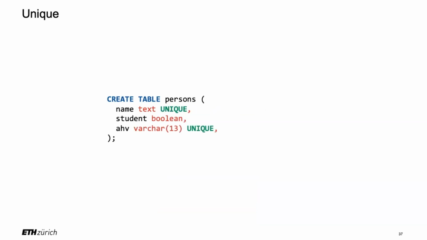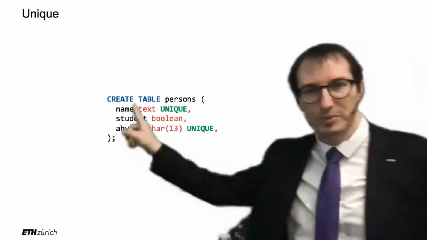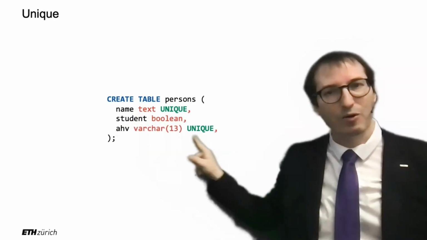Now we have yet another constraint that's called unique. Unique makes sure that you cannot have twice the same value in the column. Example, you have a table of people, social security number. You cannot have two people with the same social security number. So you can just say, I have a number, unique, right? It will make sure that it will not repeat. If you try to insert a second time the same number, it will throw an error and not let you do it, okay? So in that case, we're saying that the name must be unique and the AHFAO must be